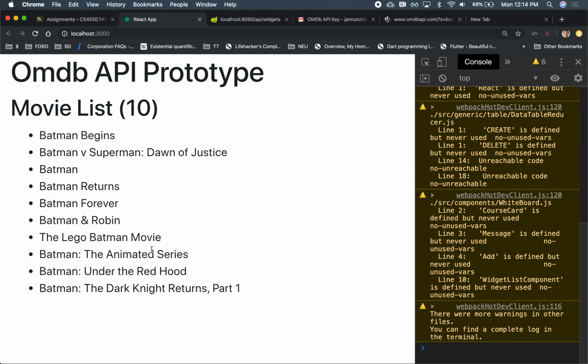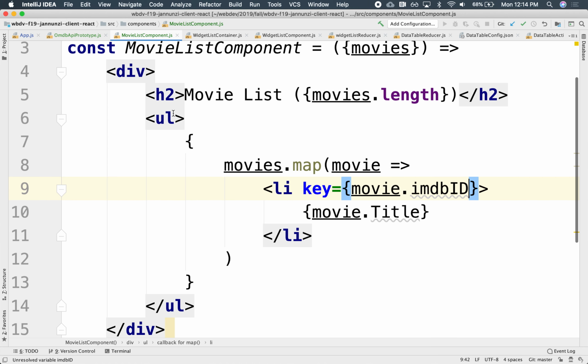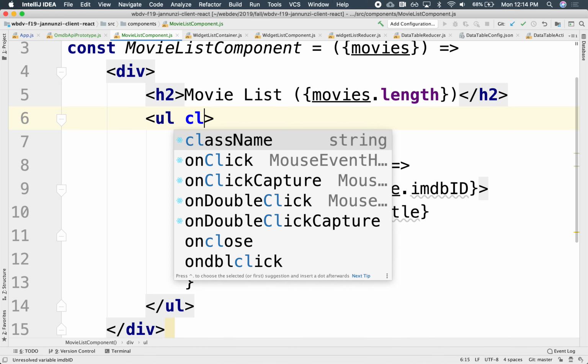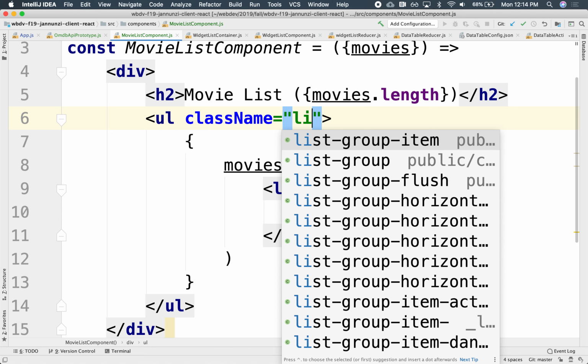But let's make this a little prettier. What we can do is decorate this a little bit. We can say that this UL is going to use a specific class, and using Bootstrap, there is a list group. List group